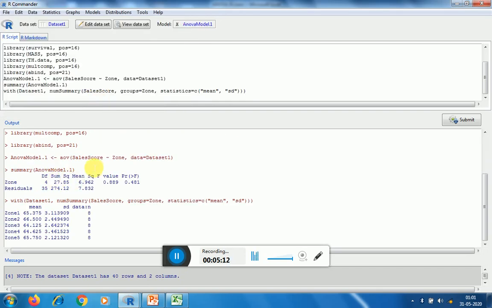Now as soon as we click on OK, we can see here this is the output table wherein the various values are calculated.